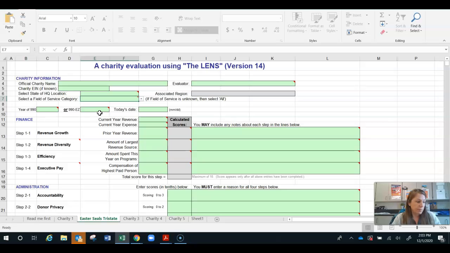I'm going to kind of give an abbreviated version here. So the first thing that you need to do is to determine if the charity qualifies, and we've kind of already done that, narrowed that down for you. And then, like as has been mentioned, you'll download the sheet, you'll make a copy, save as, your initials, the year, and then